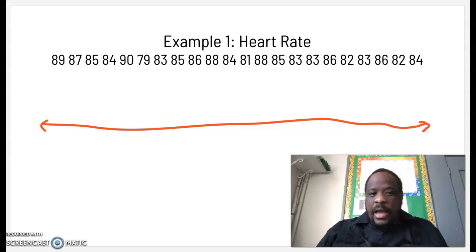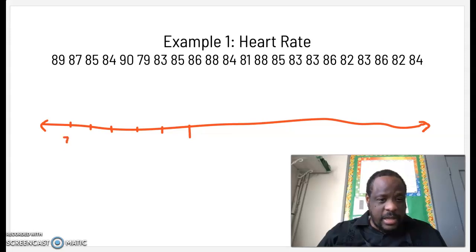All right, and if I start numbering at 78, all right, so if this is 78,